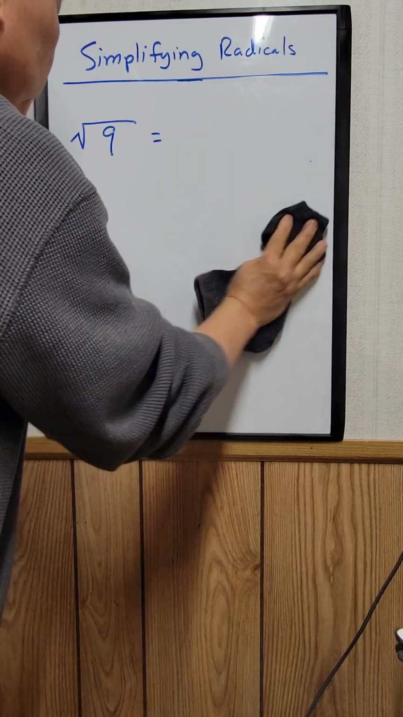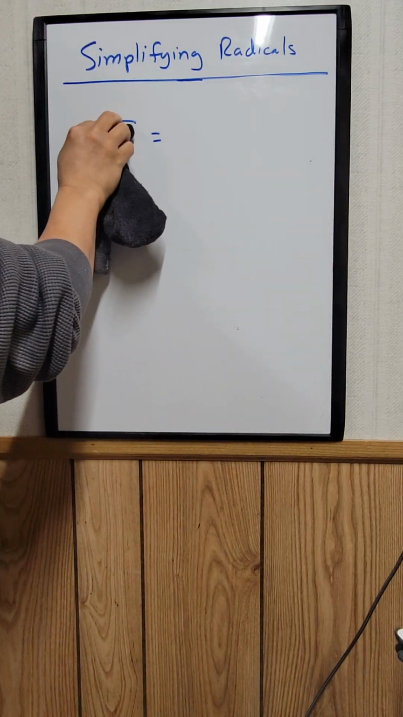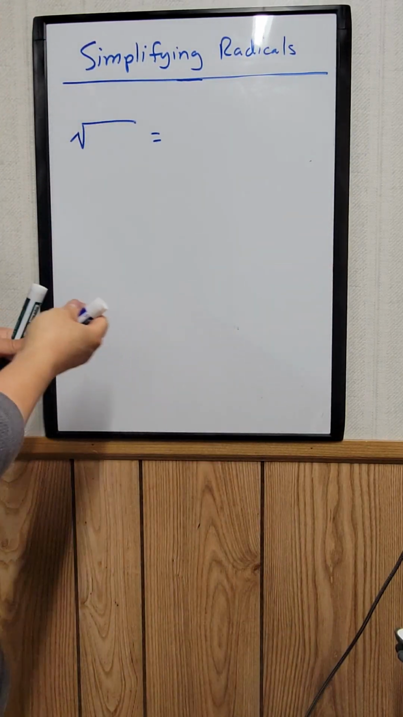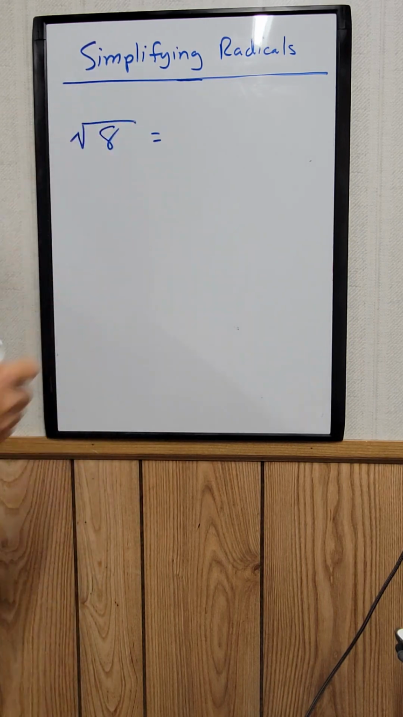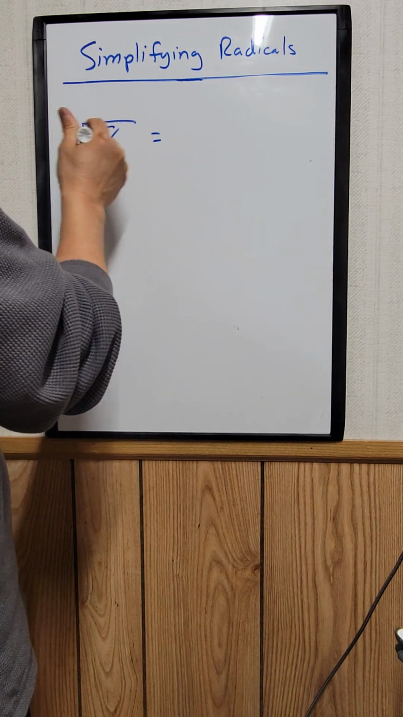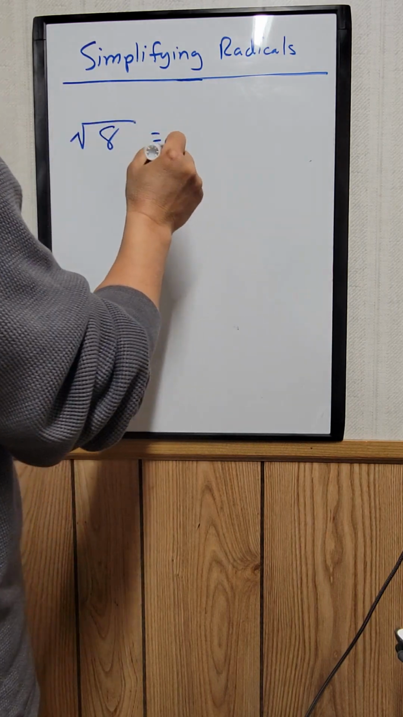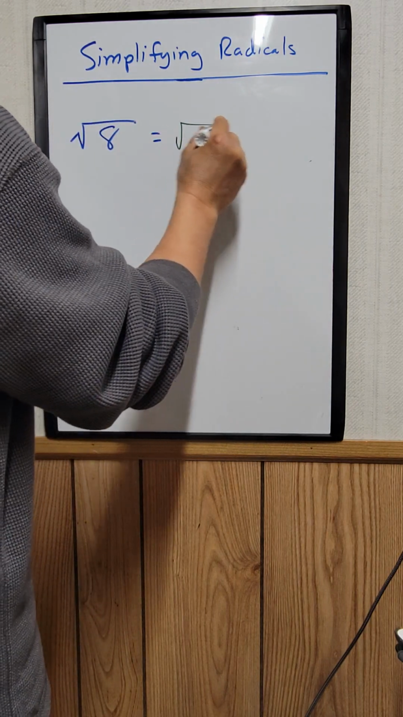Now, instead of a 9, let's change it to an 8. Okay? So how do you simplify that? So an 8, we can rewrite this as